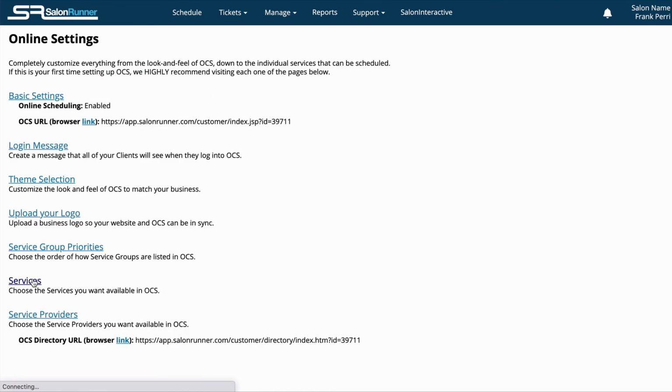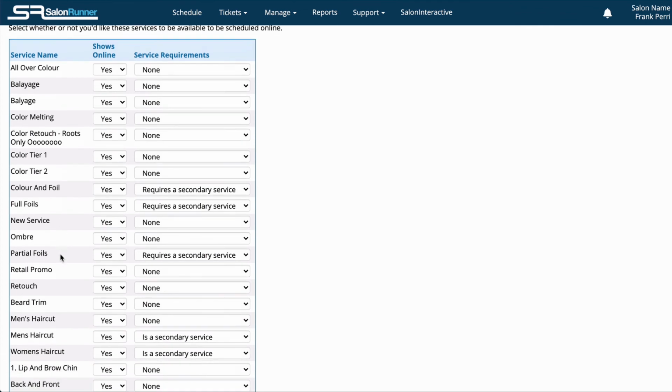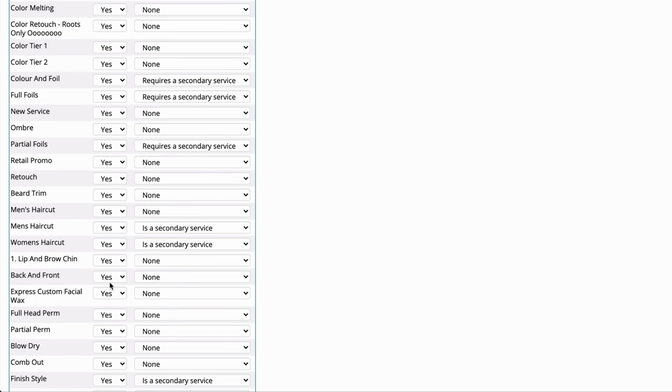You can also choose the services that are available to the user in online scheduling. If there are certain services that you don't want them to be able to schedule themselves online, then you can just change this column to No. Let's say that a full head perm is really inconsistent with timing and you don't want that available for online scheduling. You'll just change this to No, and users in their online scheduling accounts will not be able to schedule